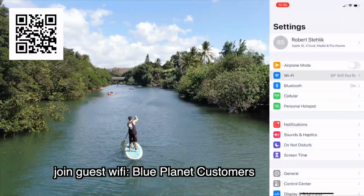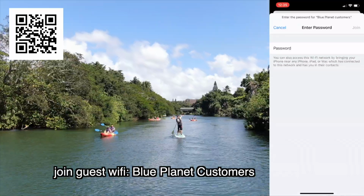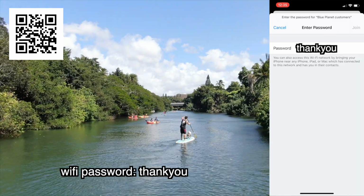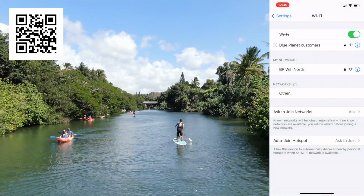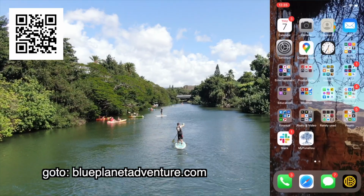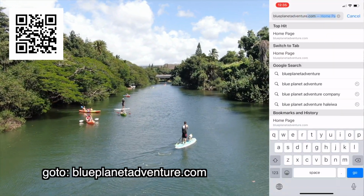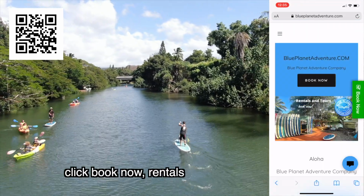If your Wi-Fi is slow, please join our guest Wi-Fi, which is Blue Planet customers, and enter the password thankyou, all lowercase and no space. Once you're on the Wi-Fi, please use the QR code on the top left corner or go in your browser and type blueplanetadventure.com. This will take you to our website, and once you're there, click Book Now to go to our booking